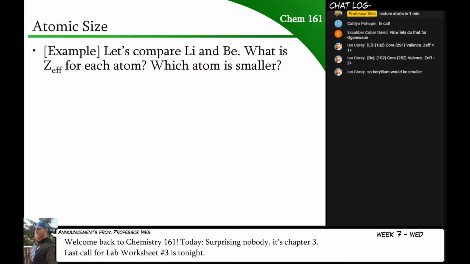All right, let's go over the answer here. So for lithium, Z effective would be